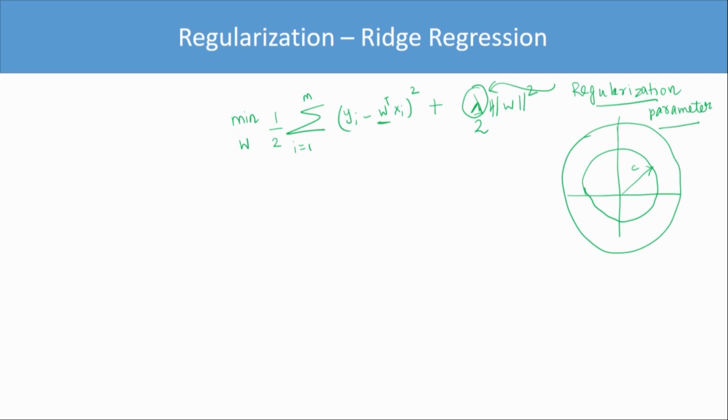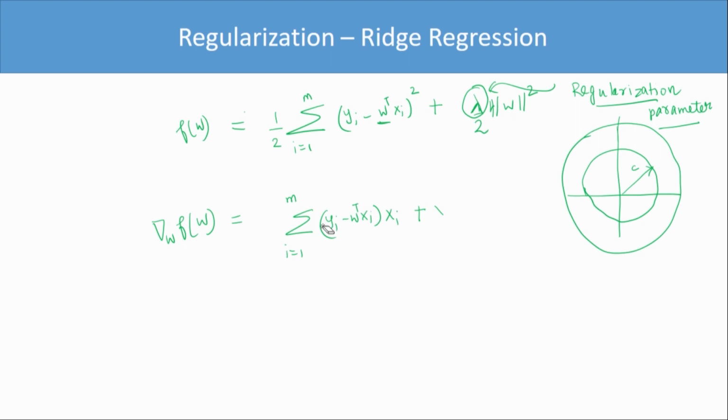So what do you do? You can write this as a function of w, take the gradient and try to set the gradient to 0 and see what happens, right? So let's do the same thing. So if I call this f of w, and I take the gradient of this with respect to w, this just becomes the sum over i equals 1 to m of (yi minus w transpose xi) into xi, plus